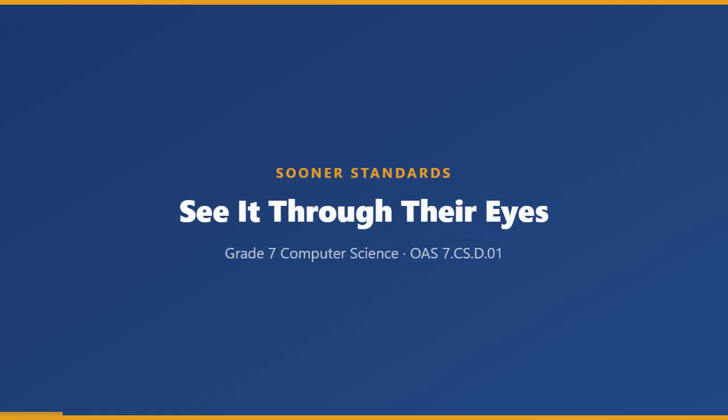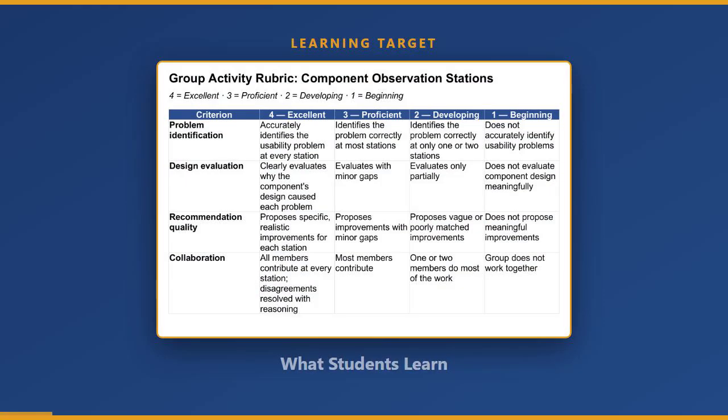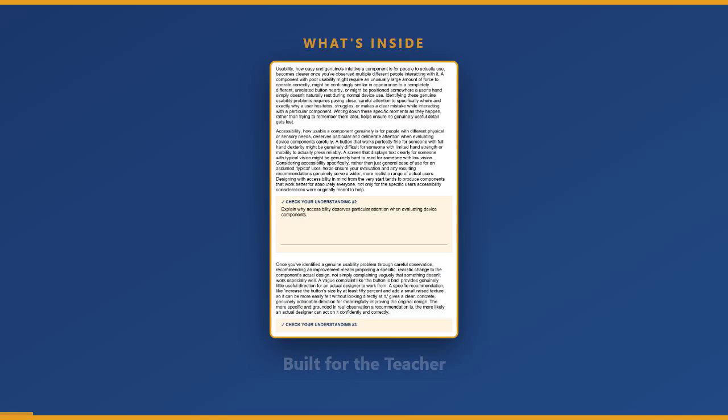From Sooner Standards: Evaluating Device Components Through Other Users' Eyes, a complete Grade 7 Computer Science unit for Oklahoma Standard 7.CS.D.01. Students learn to evaluate existing computing devices and recommend improvements to the design based on how other users interact with the device. Inside, a full teacher guide with pacing, misconceptions, and a scoring rubric, plus a content lesson with